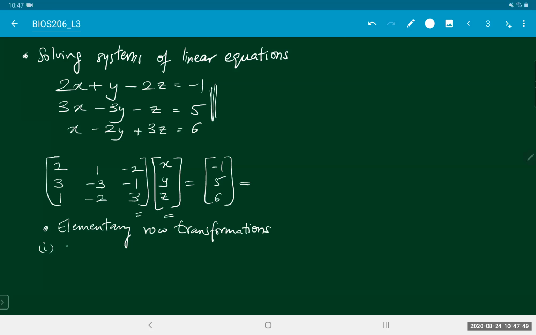First is you can exchange any two rows. What this means is I can write the same equation as before I do this,